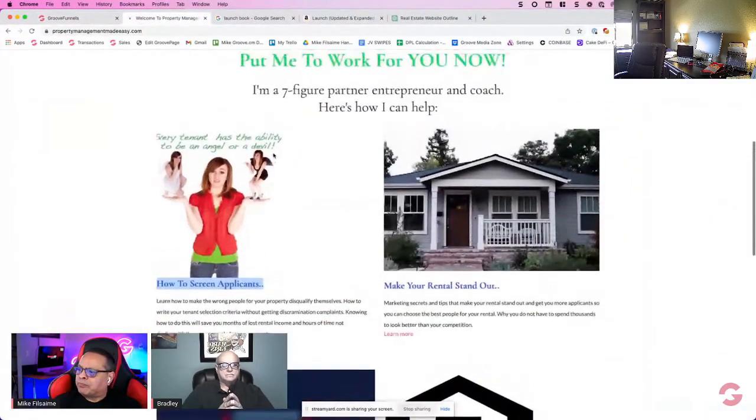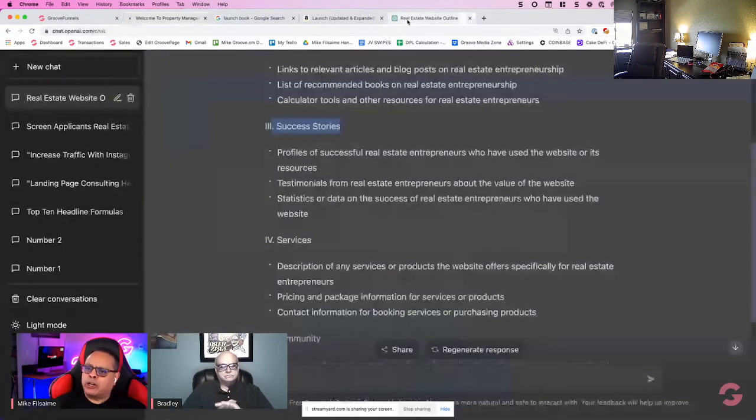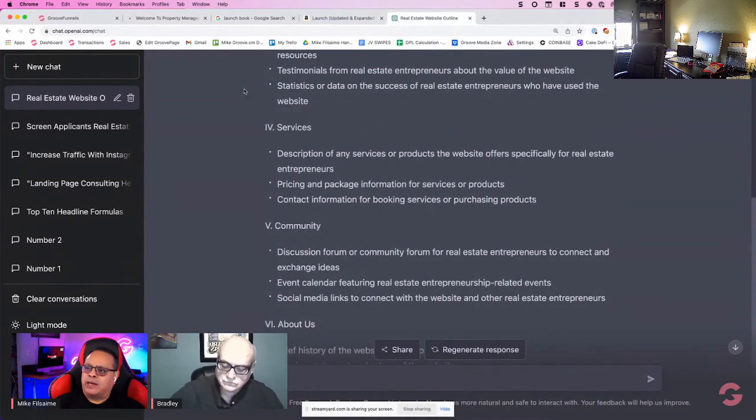So that's what I think you need more than anything: number one, a layout makeover, following either a new template that would be designed custom for you with Groove Agency. And if you're not going to be in the mastermind, at least use some of the templates that we provide, and then use what I showed you here with ChatGPT to give you the outline, and then once you have the outline, then say,